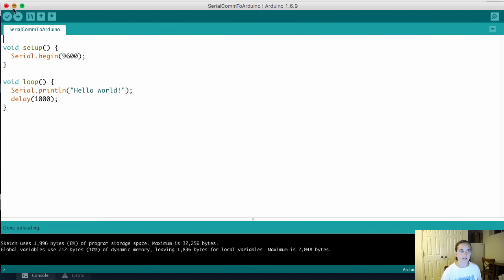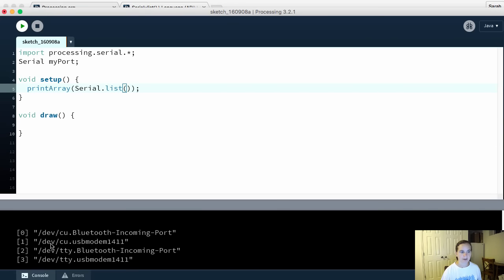But it might look different if you have a different software environment. So I see that that is port 1 here. So port 1 is the one I'm going to use from here on out. So this is always a useful chunk of code to have in processing to automatically figure out what port you're going to be on. Once you're on that port, you actually want to assign my port to a new serial